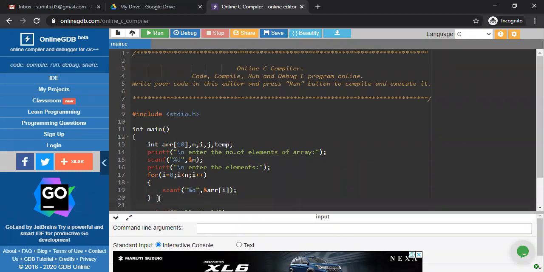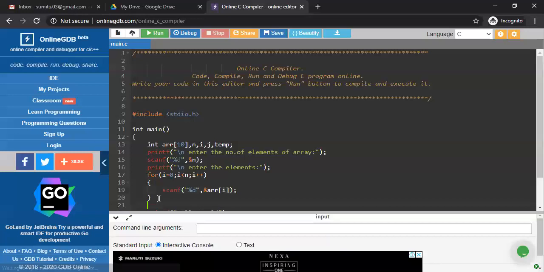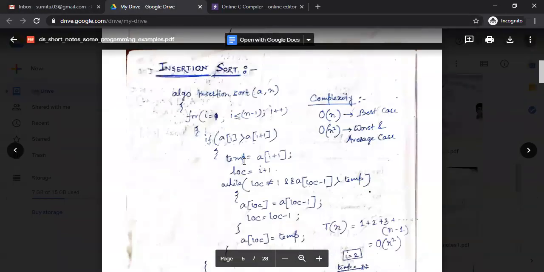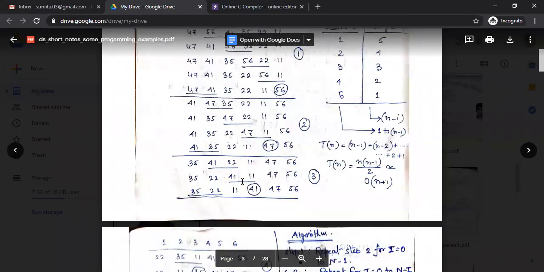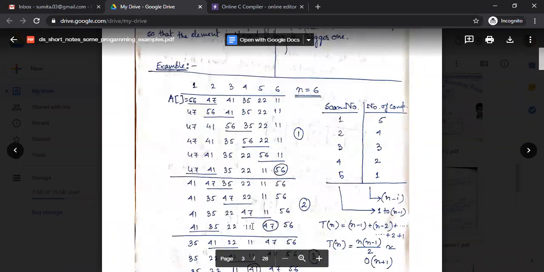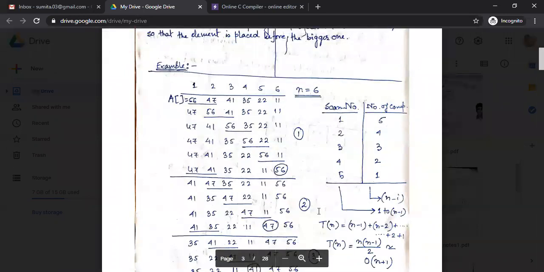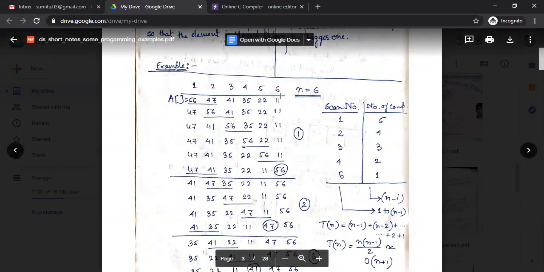As we already see in our algorithm, we have a pass number and a scan number. One loop is executed for the pass number. If we talk about the example, this is our pass number 1, 2, 3, 4, 5. The pass number depends on n, because if your n is equal to 6, how many passes do you require? 5.